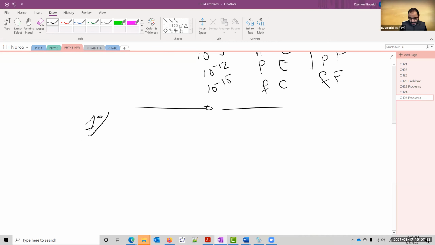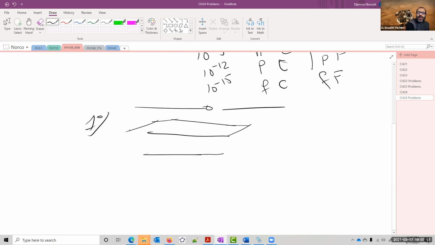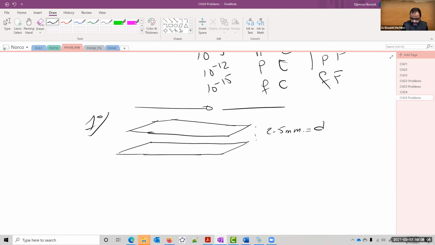Okay, so it says the plates of a parallel plate capacitor are 2.5 millimeter apart. You see, now we're talking numbers. So we have a plate in here and a plate in here. So this is a cross section A. You can make it probably with aluminum foil in your kitchen. And you separate them with a distance of 2.5 millimeter. So this is your D, okay? And think of those as aluminum foil that you have from the kitchen. You can go and grab.